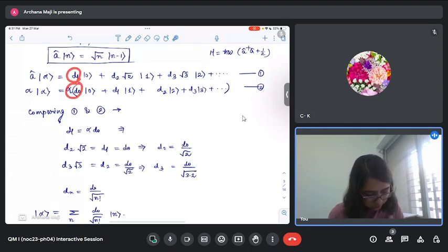Now from this we will get d2 square root 2, which is equal to alpha times d1. I apologize for the mistake. So alpha times d1, and d1 is alpha d0, so you get alpha square d0. So from there d2 is